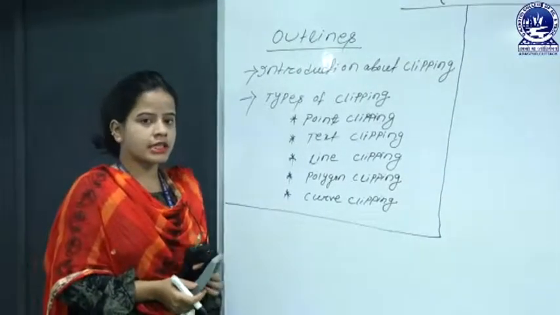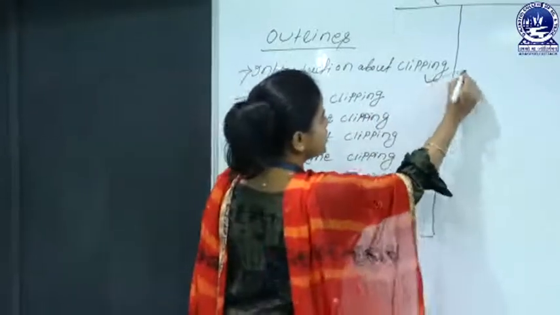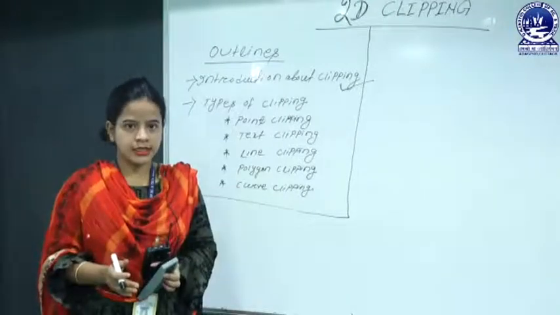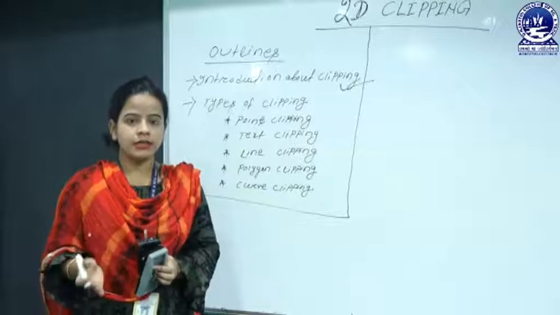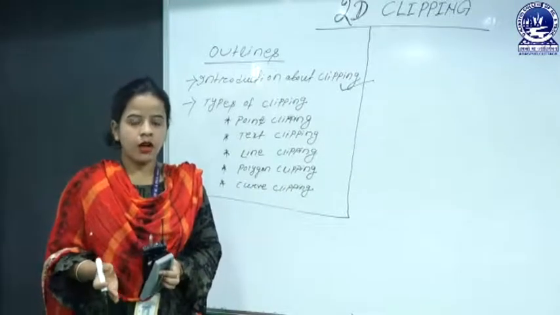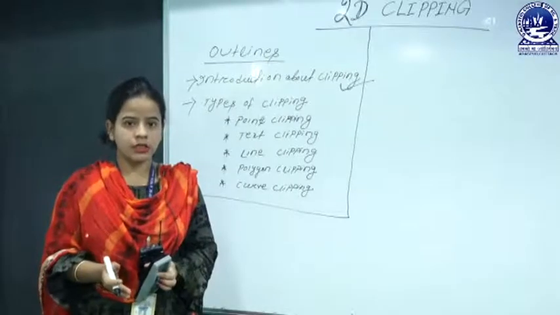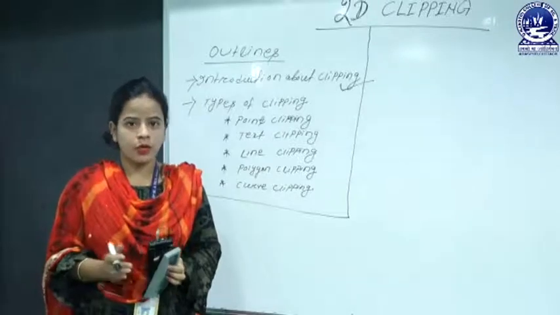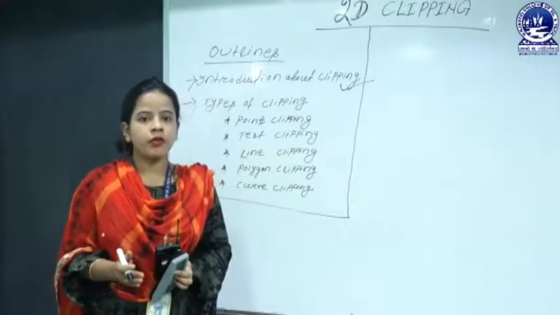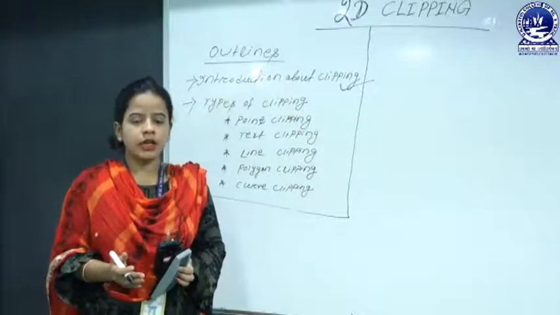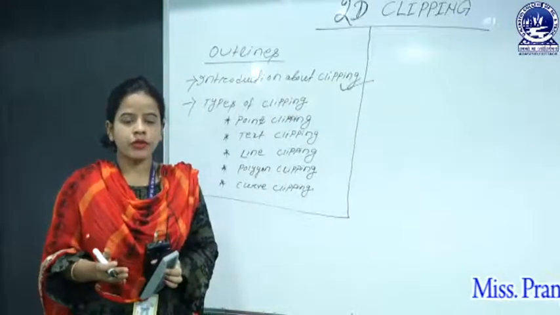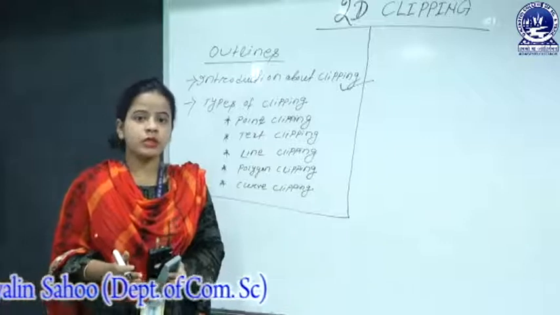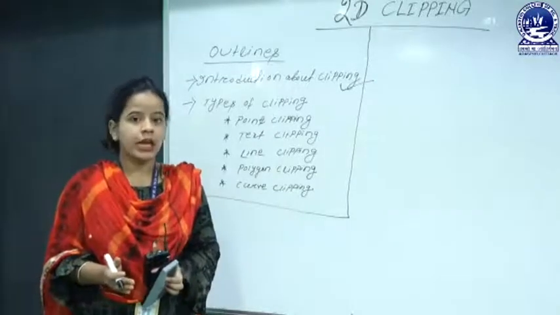Now to start with our initial concept, the introduction to clipping. What is clipping? Clipping is one type of method or technique to selectively activate or deactivate, enable or disable, rendering operations within specified regions, as per the interest of the user. That means it is a type of cropping technique through which the end user crops the given image to a specified region, through which the picture is viewed. That is called clipping.